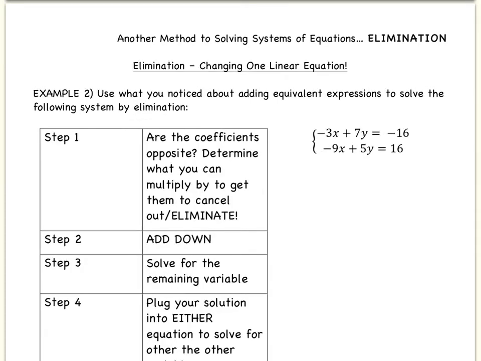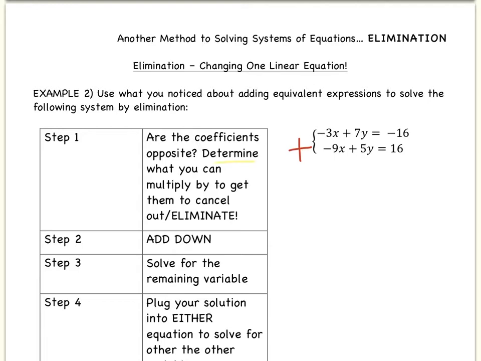All right, so our first step is we need to figure out, are our coefficients opposite? So take a look, I have negative 3x and negative 9x. If I were to add down, negative 3x and negative 9x wouldn't cancel. So let's check our y's. I have 7y and I have positive 5y. Again, if I were to add down, those wouldn't cancel. So what I need to do